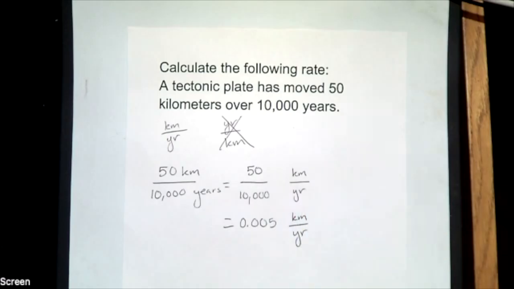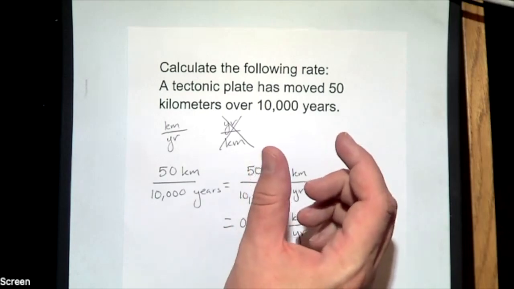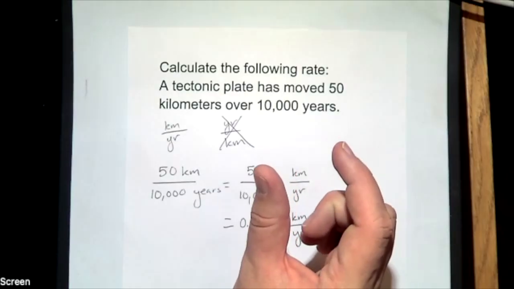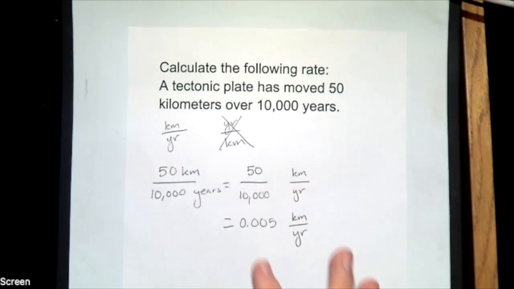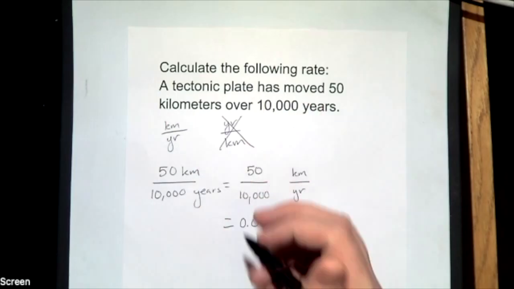Now, this doesn't mean a lot to me, so if I wanted to get crazy, I could convert that over to centimeters per year, or inches per year, or some unit that I'm actually more familiar with in a scale that makes more sense. 0.005 kilometers per year is about that much distance. It's not very much distance at all, but that is actually close to the rate that some tectonic plates have moved. So this is what my final answer would be,